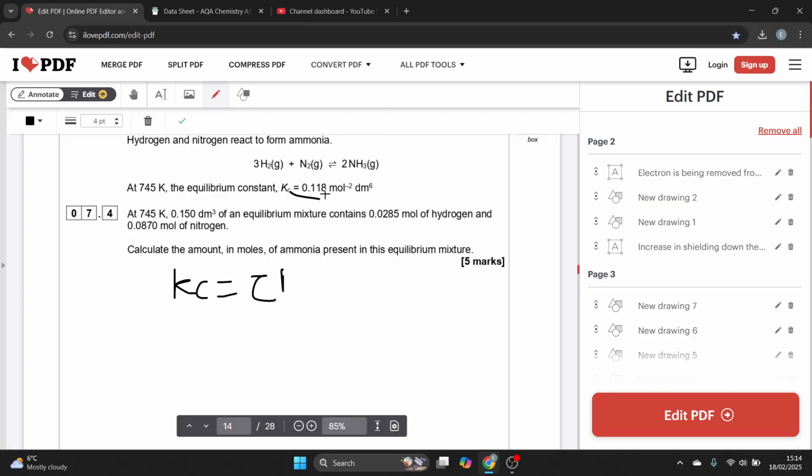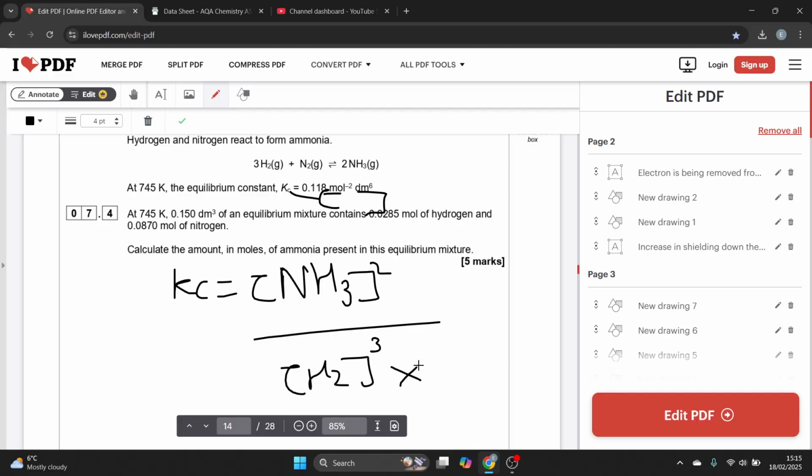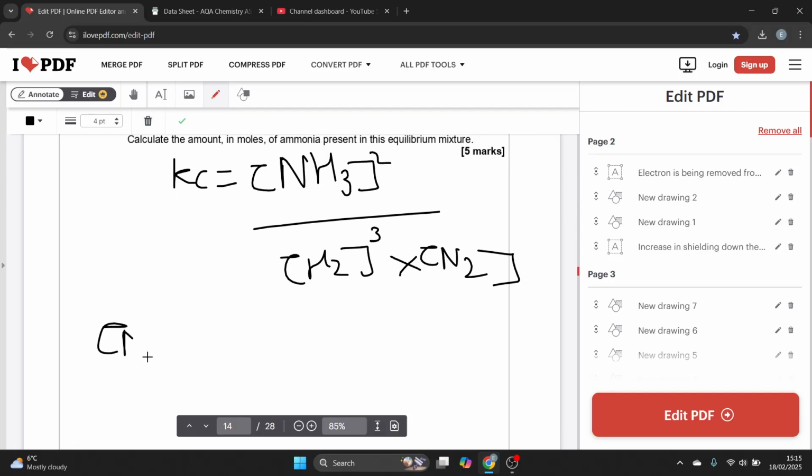So it's obviously going to be square brackets NH3, because I've got 2 moles of it, squared, over hydrogen, which is cubed, times by nitrogen, which is just by itself. It's only got 1 mole. I want to find out ammonia present, so it's going to be NH3 equals the square root of Kc times by